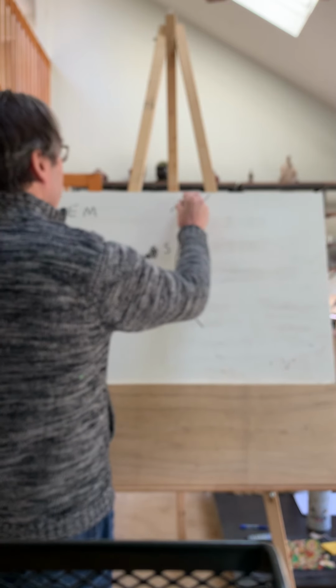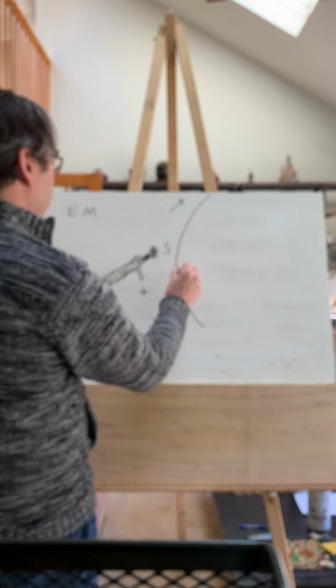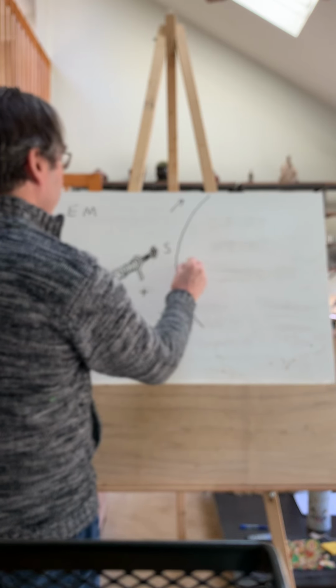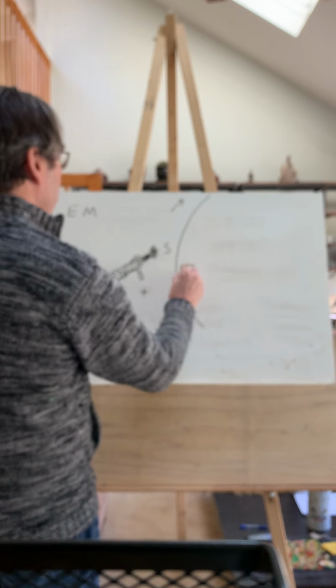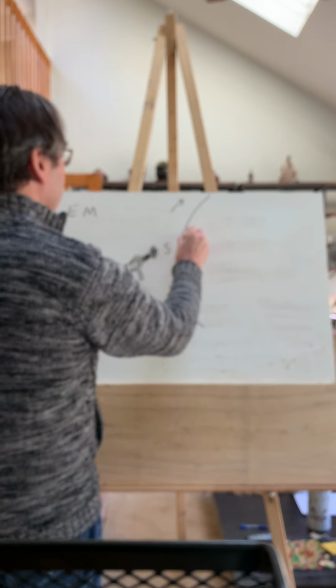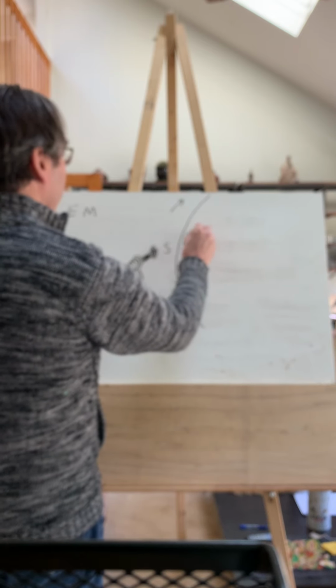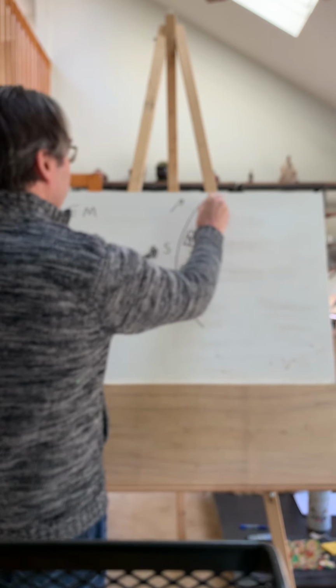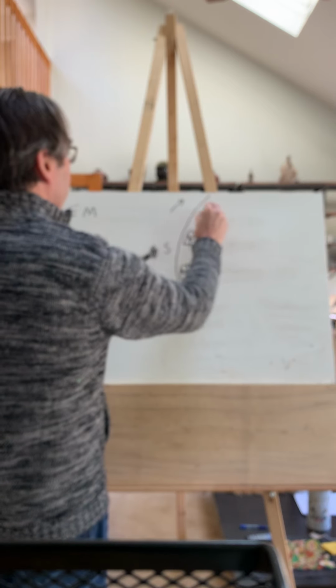Let's say it's rotating clockwise like that. And we have a north pole magnet here, and a south pole magnet here, and so on, if we keep reversing like that, so that we have north here,